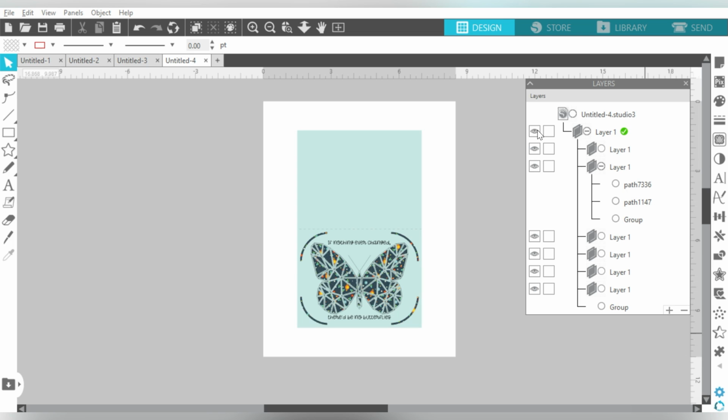Now let's talk about why you would want to do different things. First of all, if you go ahead and divide your design up by layers, then that means that you can use a feature called cut by layer. Now, if you've ever watched our video on cut by color, then it's very, very similar. And the benefit of doing that is that you can divide up your layers and then separate out which pieces are cardstock, which pieces are pattern paper, which pieces are sketch pen, and you can get them all divided up and create a workflow.